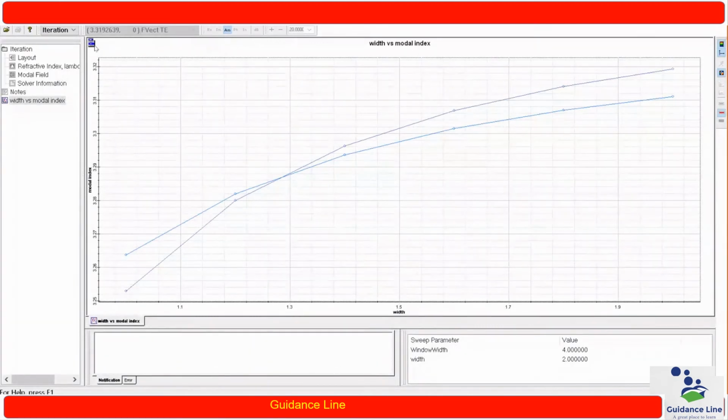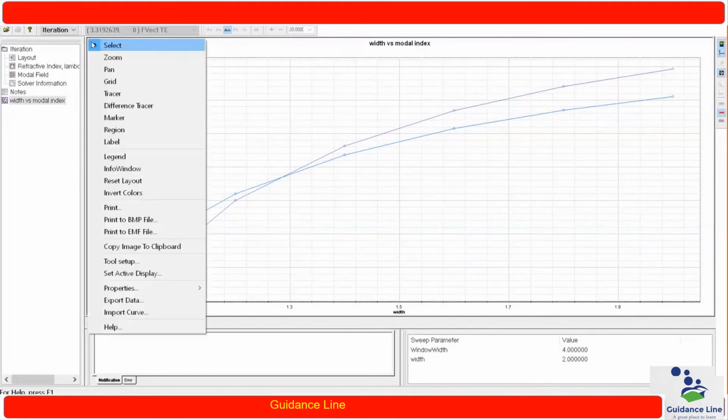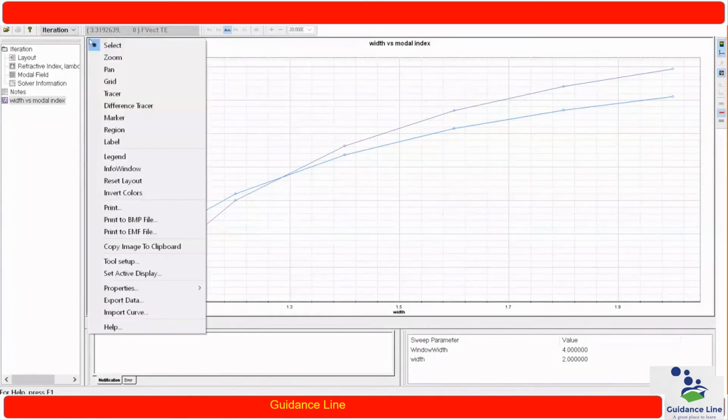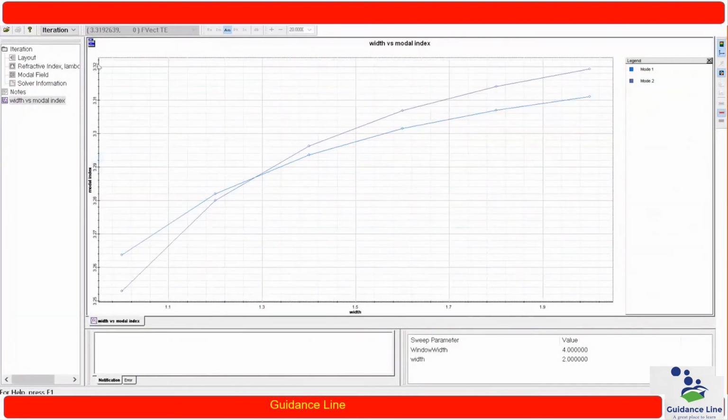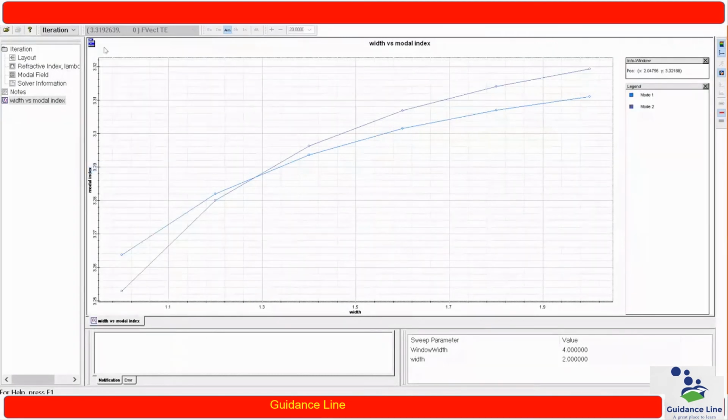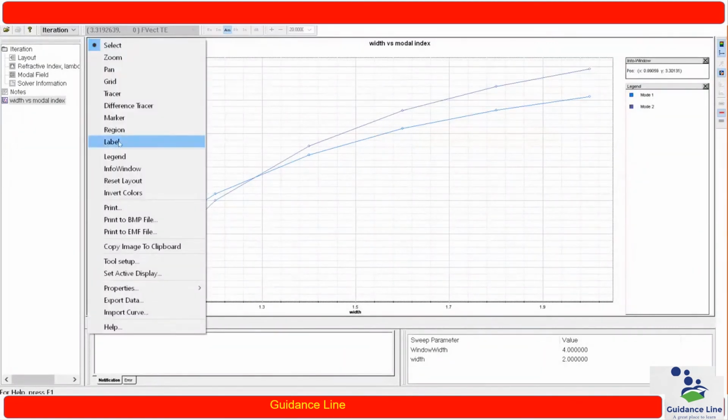Now if I want to make it more visible, then I have to click on these particular utilities, and then first I am making a legend. Okay, so mode 1 and mode 2. Next, the info window. Okay, and tracer.